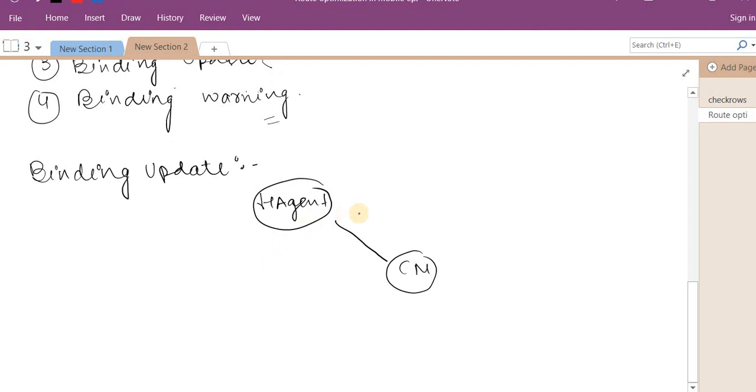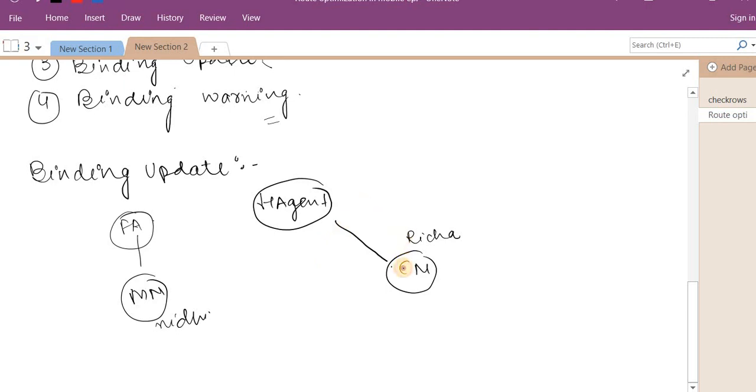Basically, in the binding update, suppose a corresponding node wants to communicate with me. First the corresponding node sends a packet to the home agent. Suppose this is Richa and I am Nidhi, and I am residing in the foreign agent part.